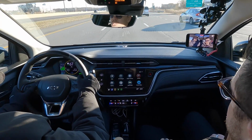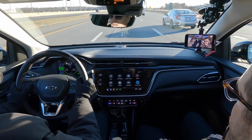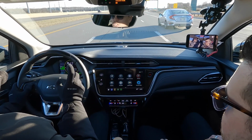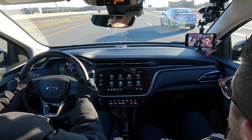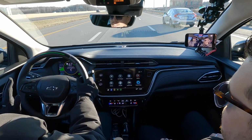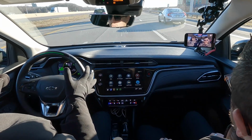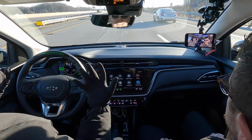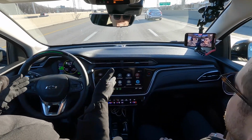So what you need to do is turn on your cruise control. You'll wait for the little steering wheel image to pop up on the digital gauge cluster. You'll set cruise control, and once you're centered, all you have to do is hit the Super Cruise button, and the steering wheel will light up green, letting you know that Super Cruise is engaged. You can keep your hands off the steering wheel, which is really nice,